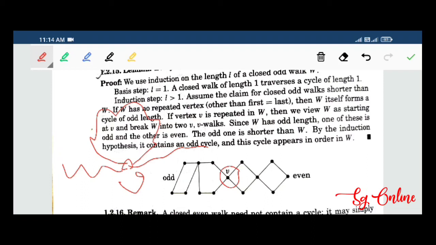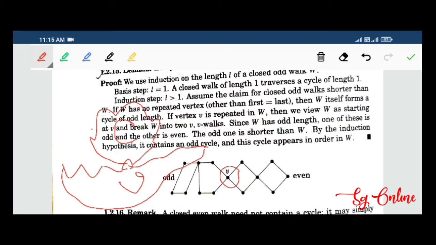So we have two parts of closed walk. If this part is itself a cycle, then we have proved our result, so that the closed odd walk contains a cycle. But whether this part becomes a cycle or not, both these parts are closed walks,